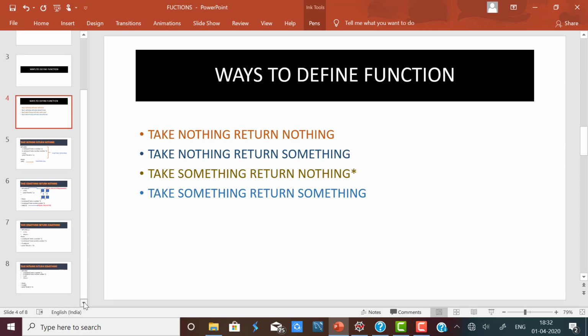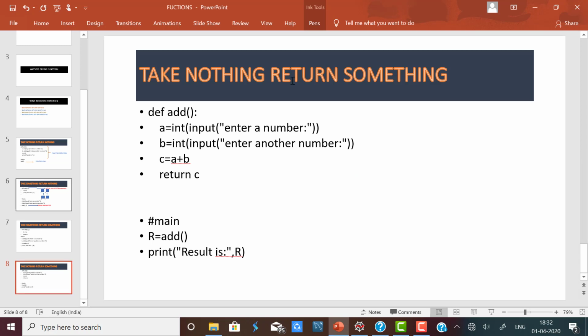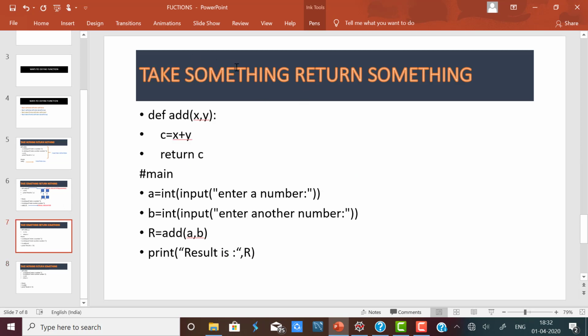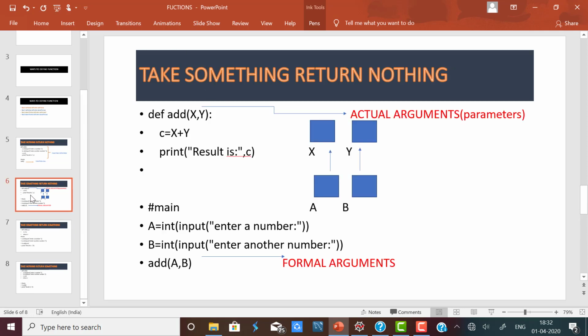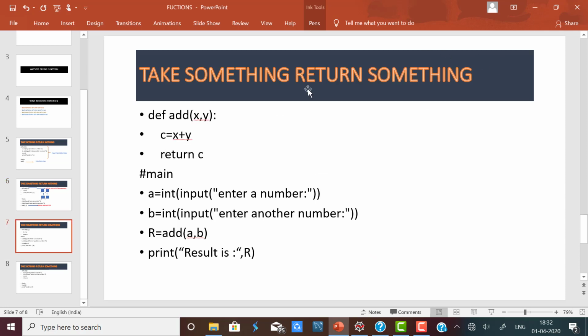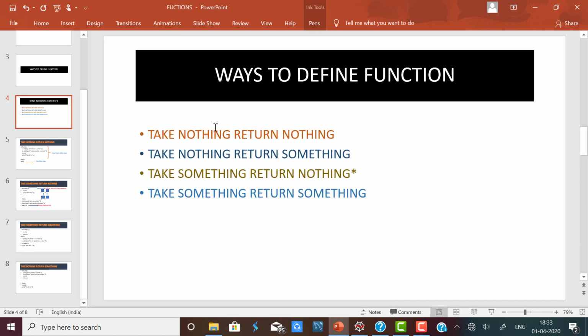So I have created a PPT and I will share this with you all. It's take something and return something. This is the function of type take something, return something. So I hope you all have understood this. Now the next type is